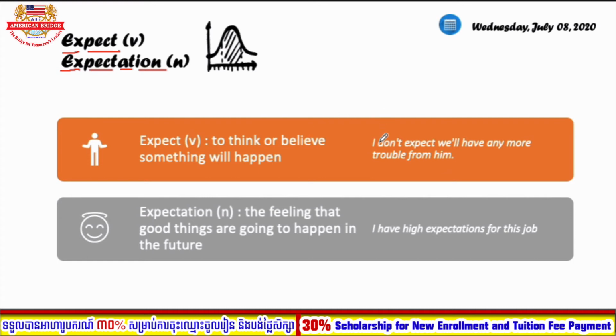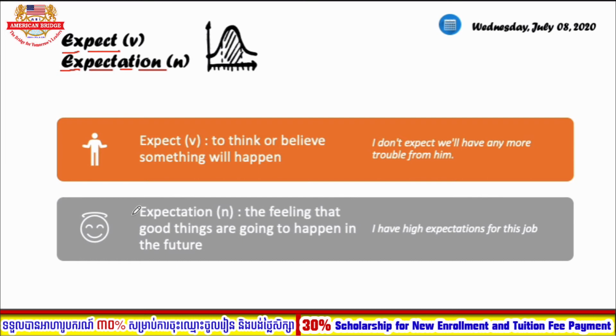So let's look at the example. I don't expect we will have any more trouble from him, which means you make a prediction, or you just think or you feel like something will happen. And this one, something bad, that he caused the trouble and you expect it not to happen because you use the words I don't expect. Okay,